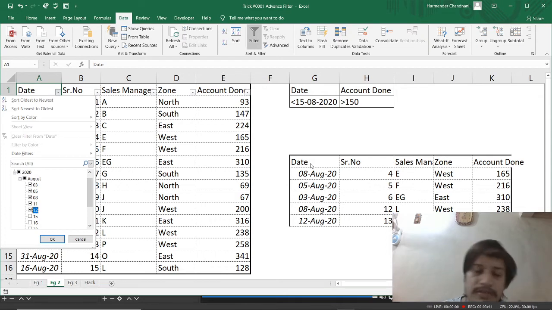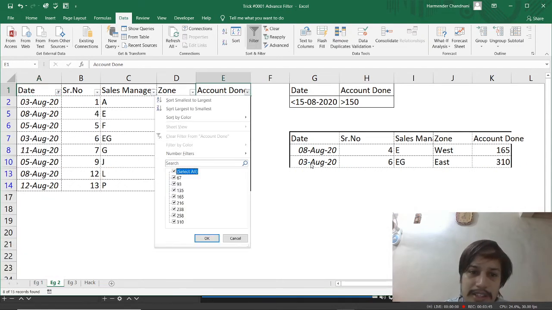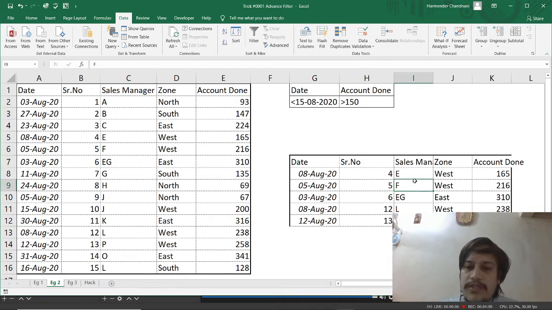It's less than 15th August, so 15 should not fall. First criteria is this, and second is greater than 150. So ideally you should get these 5 rows, that is E, F, E, and P. So you have got that. Oh my god, you are awesome. So this is for the advanced filter.